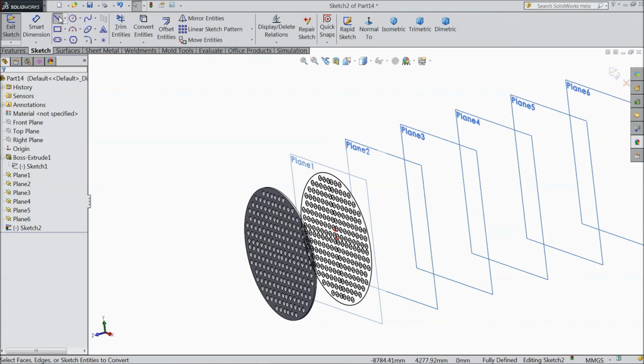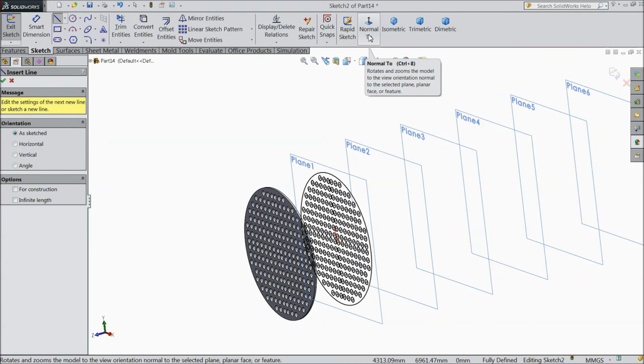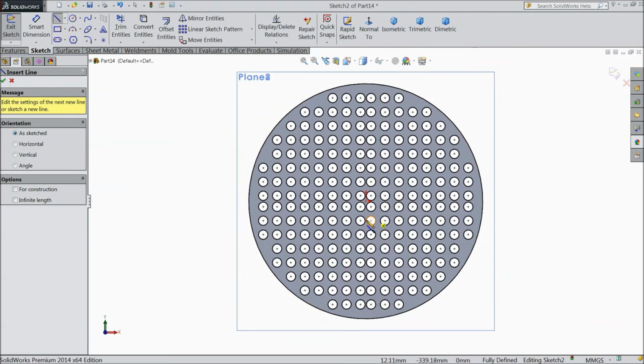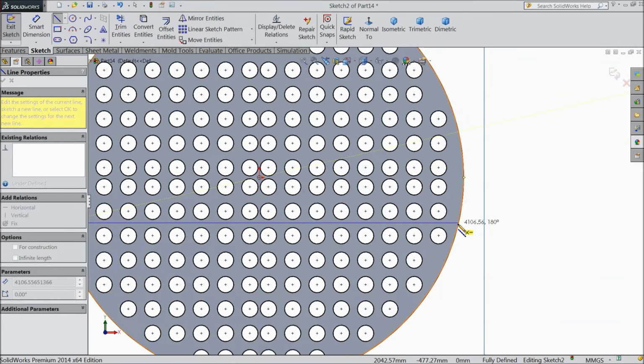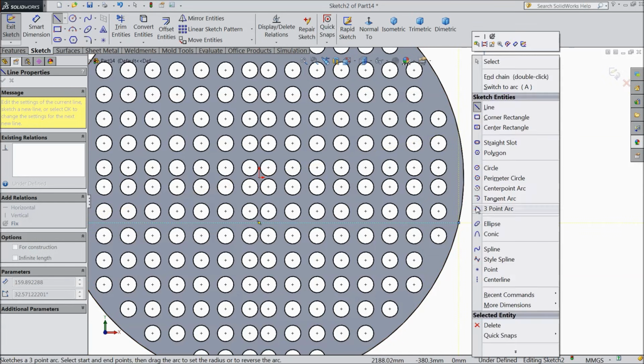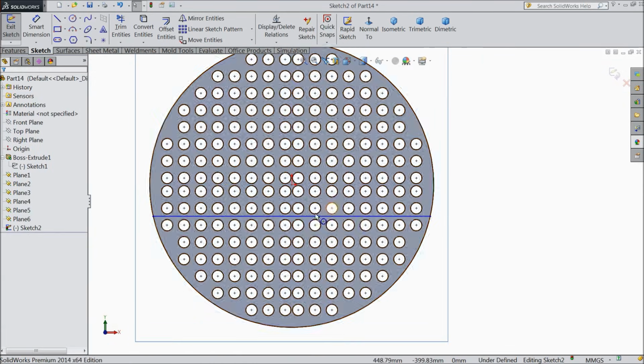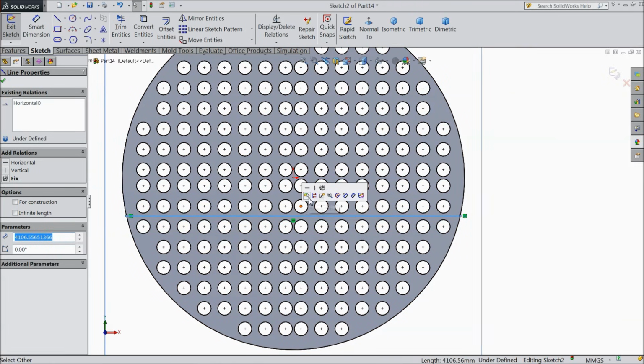Now choose line, select normal. Now select this point to this line, exit. Now select this line and click horizontal.